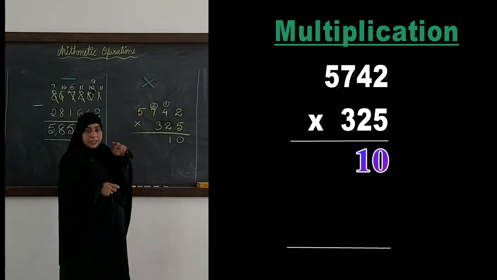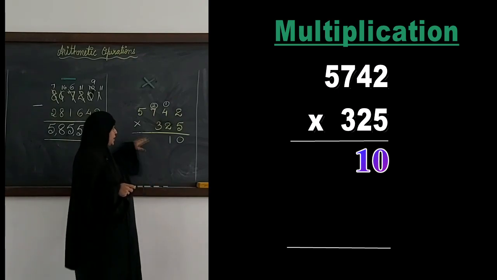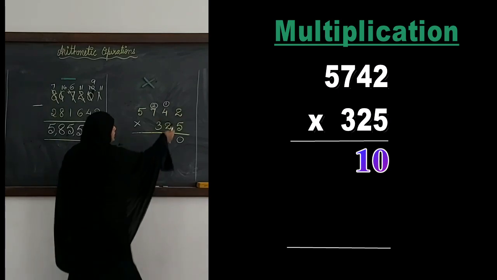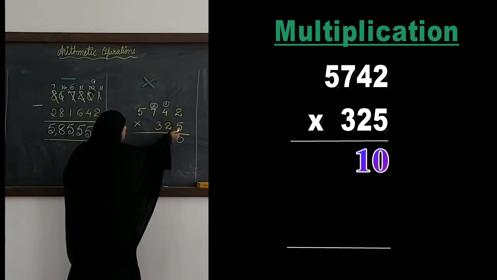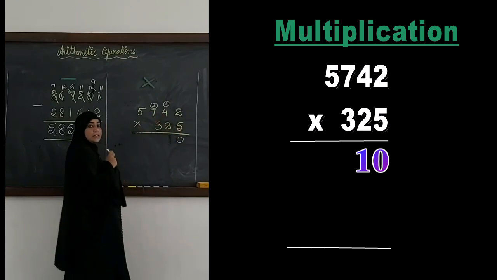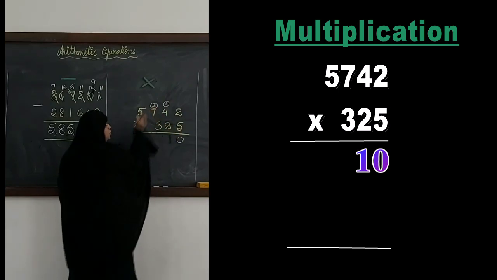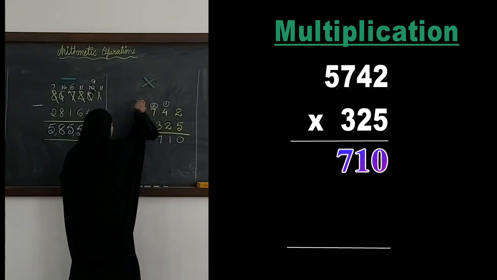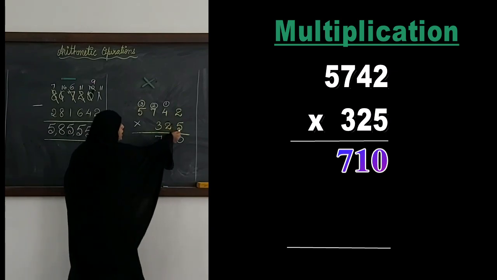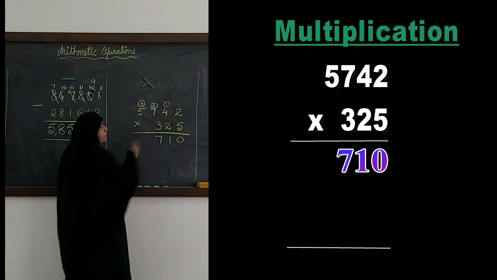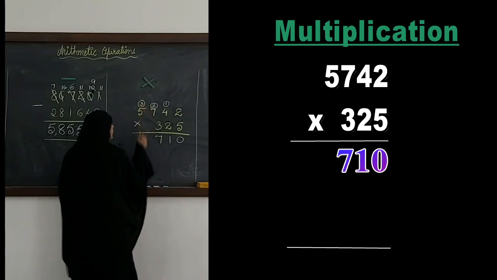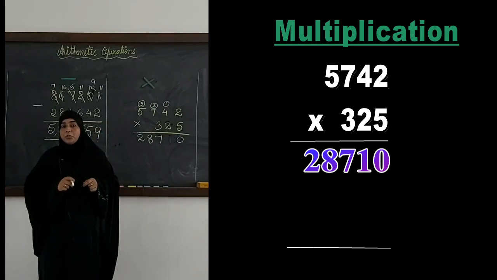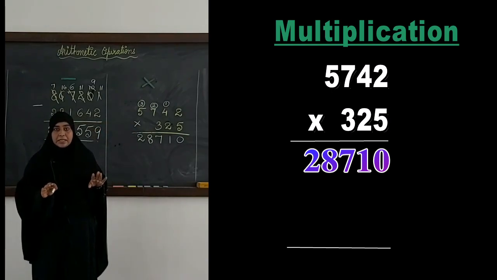We don't write 2 digits down when we are doing the multiplication, only in the final step if we get 2 digits. Same as how we did in addition. Then the third digit we have to multiply with 5. 5 7s are 35. 35 plus 2 will be 37. 7, carry 3. Now next 5 with 5. 5 5s are 25 plus 3 is 28. Before we move on, I hope children you all know your multiplication tables.